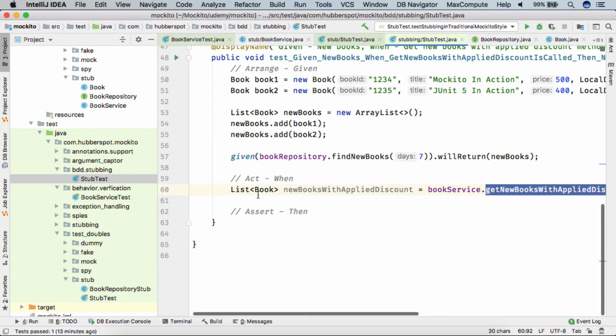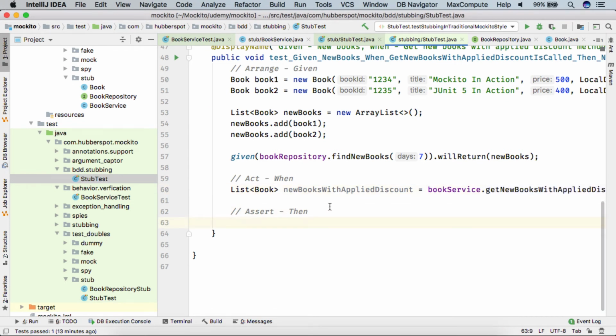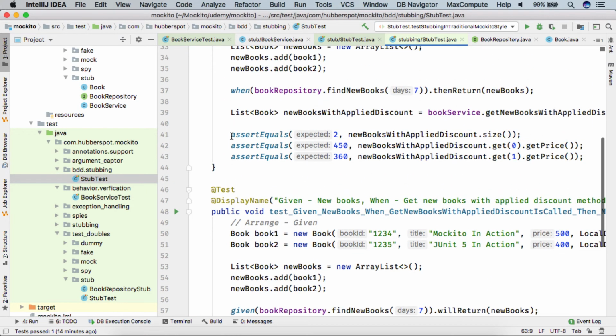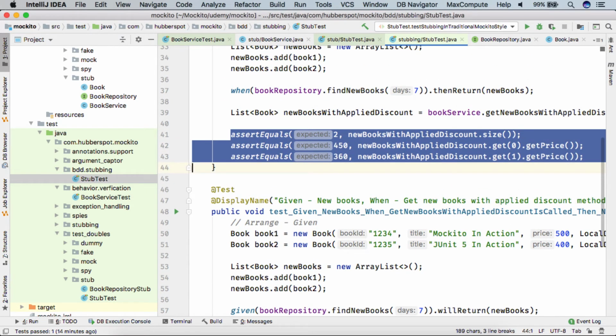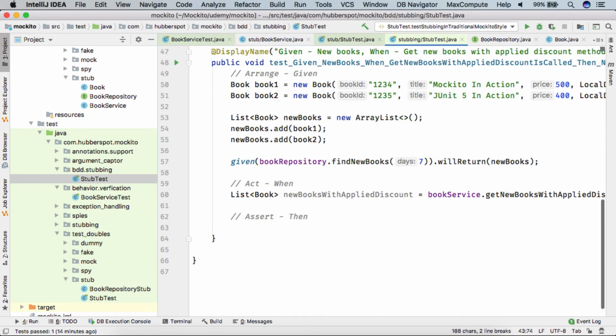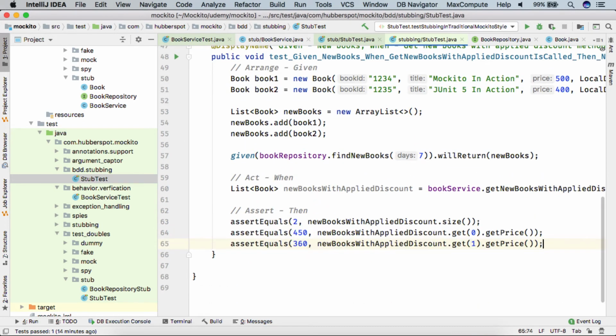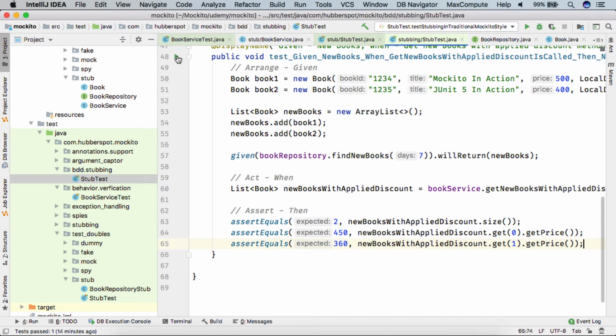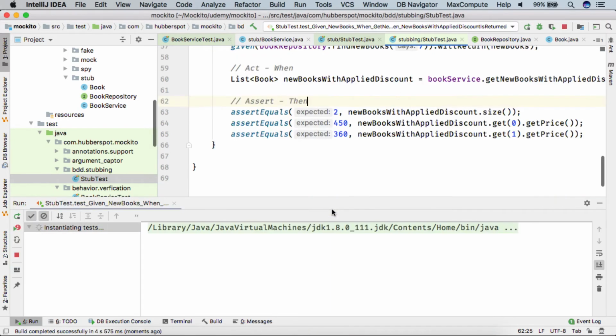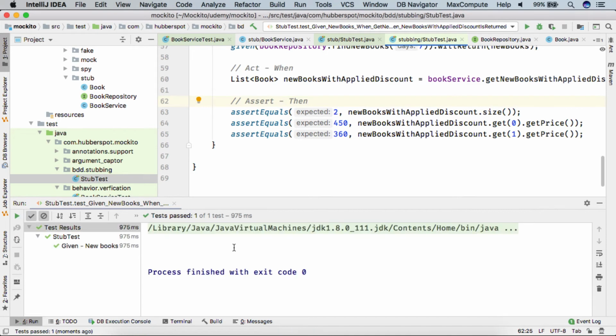After performing the action, the final step is to provide the asserts. Here in the assert phase, we can provide these asserts, and if I run the test case, you can see the test case got executed successfully.